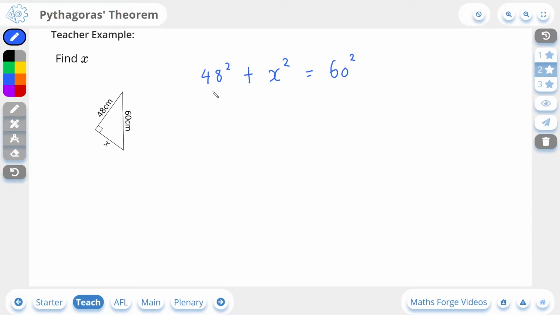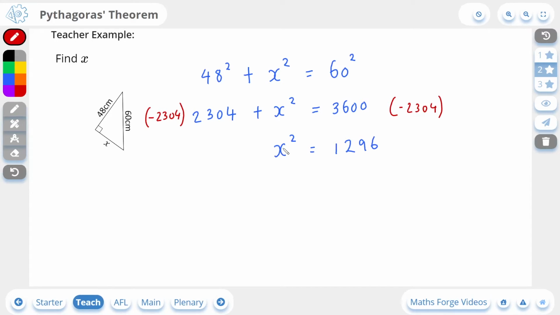So now let's simplify this. 48 squared will give us 2,304. And then we add this to x squared. And this is equal to 60 squared, which is 3,600. Now this is just a matter of solving for x. So the first step I'm going to do is to get rid of this 2,304. And we're going to do this by subtracting 2,304 from both sides of the equation. This now leaves us with x squared is equal to